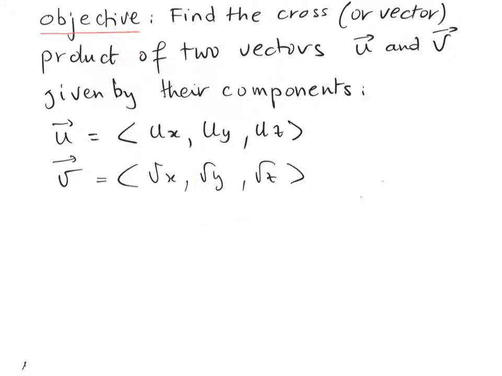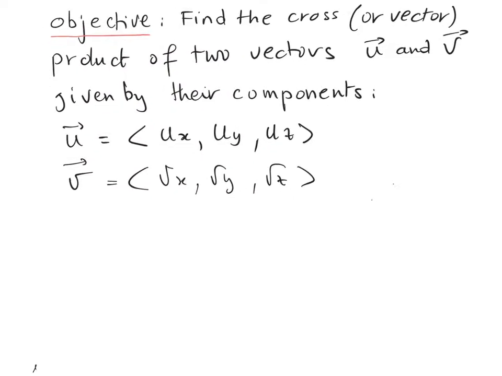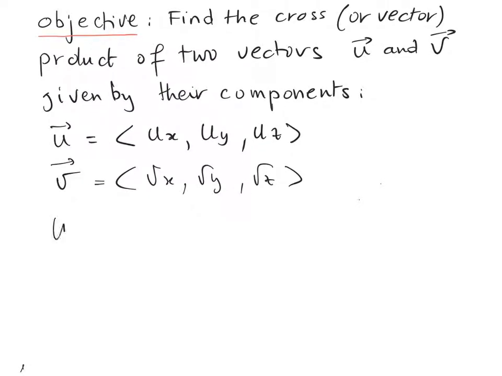The objective of this video is to find the cross or vector product of two vectors u and v given by their components: u equals (ux, uy, uz), v equals (vx, vy, vz). The cross or vector product of the two vectors u and v is denoted as u cross v. It is a vector